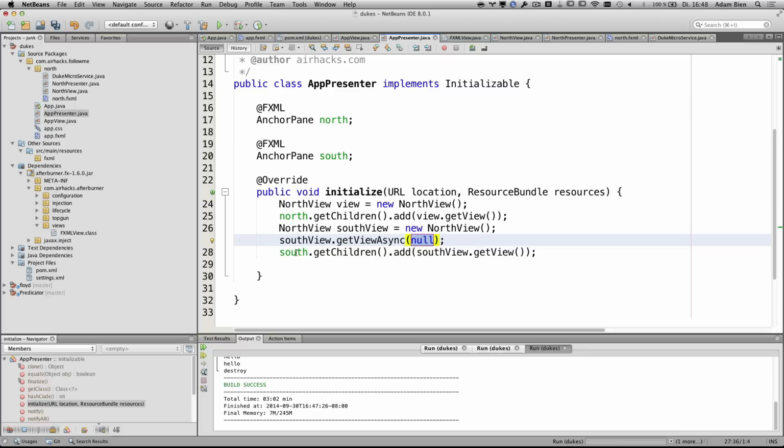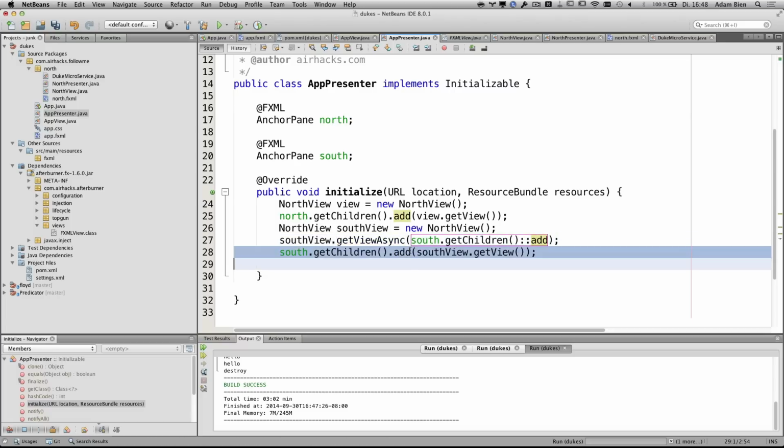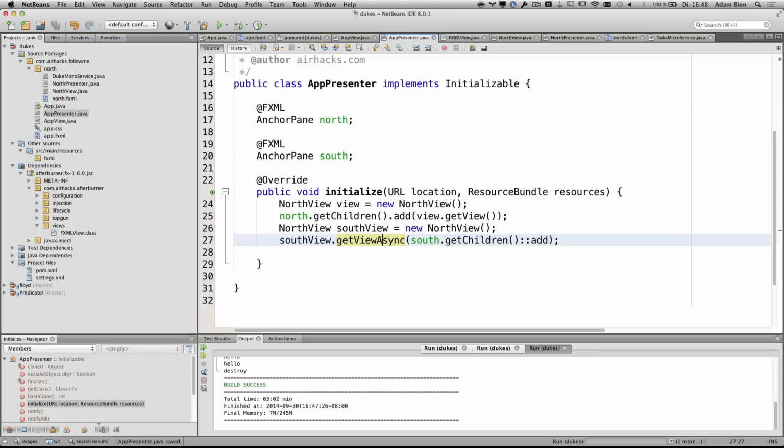This is actually a dangerous statement here. It is not on purpose, so not that I got some trouble. So I think this is the code. What it actually means is it loads all views asynchronously with its own internal pool. If it's done, it automatically invokes the method children add. And it does it with the FXML, like a Swing worker, so it happens in the UI dispatching thread.